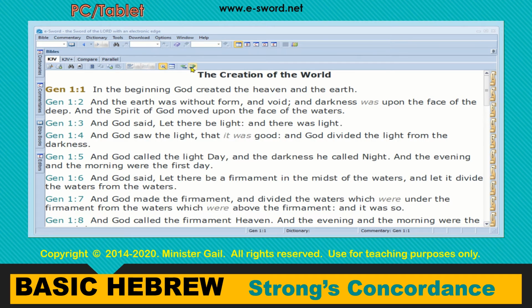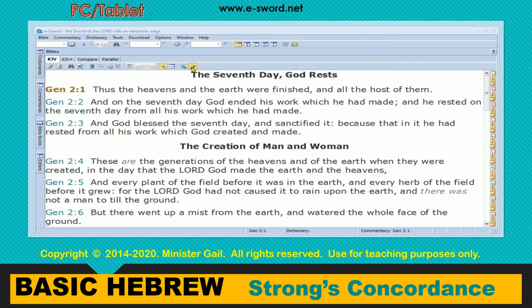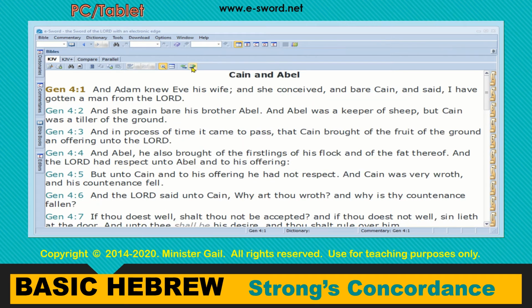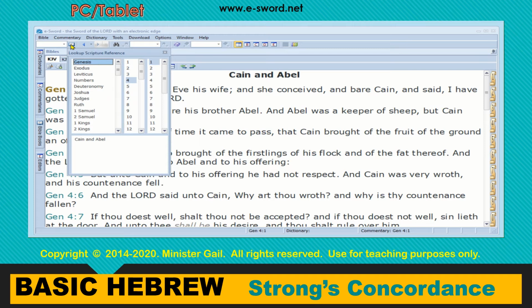If you want to go to the next chapter, chapter 2 or 3, you can use this button here. There's also lookups over here. If you want to find a different book, you hit the little Bible at the top. Let's go to Deuteronomy chapter 5